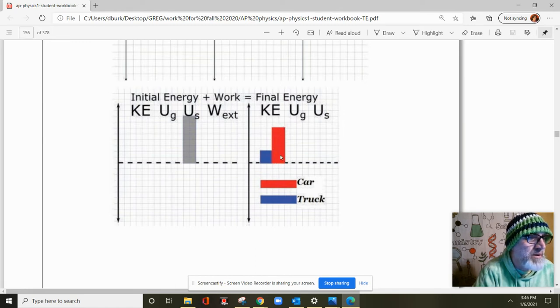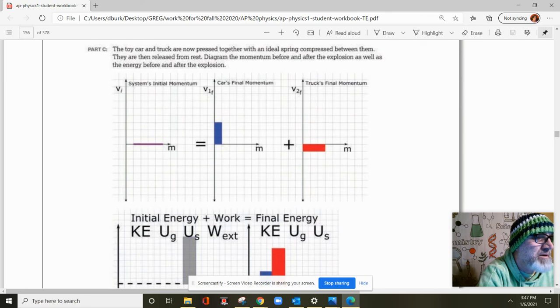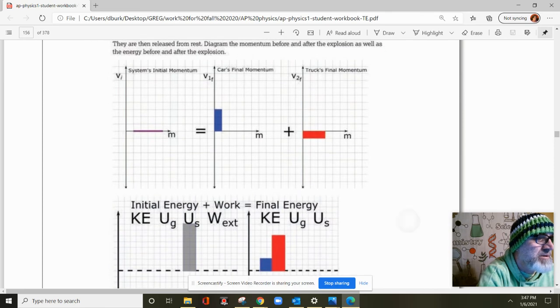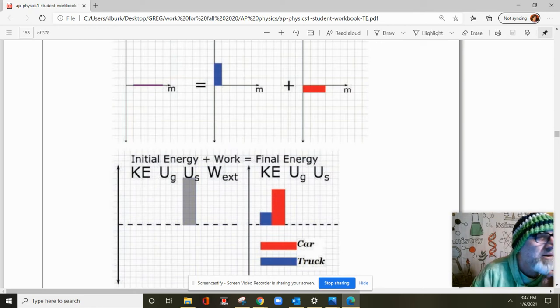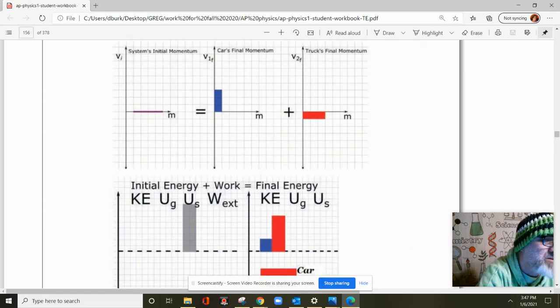And so 1/2, the mass is 1, the velocity is 3. 3 squared is 9. And then that's this one. Okay, the blue one. Right. So, anyways, it looks like the truck just has 3 times as much kinetic energy as the